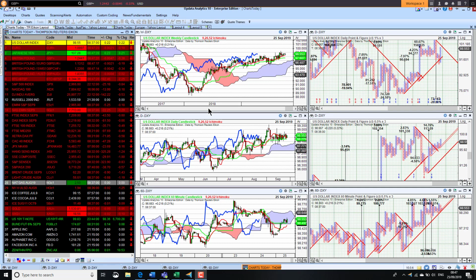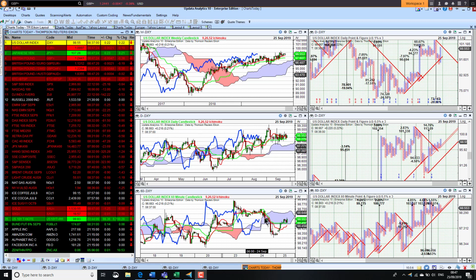So here we look at the dollar index. A bit of a seesaw the last 24 hours, but it is still holding on to that positive territory. We're seeing the lagging line here on the daily chart really seesawing. So the dollar is actually just seesawing on the daily, and that's showing up as a broader wave on the